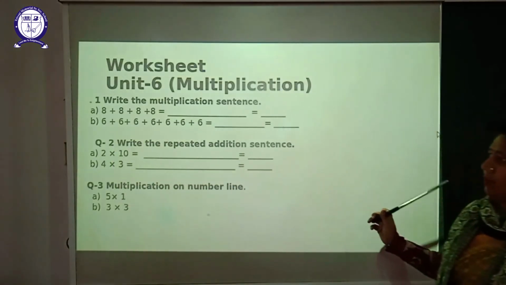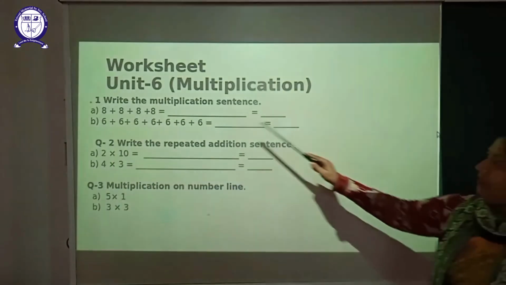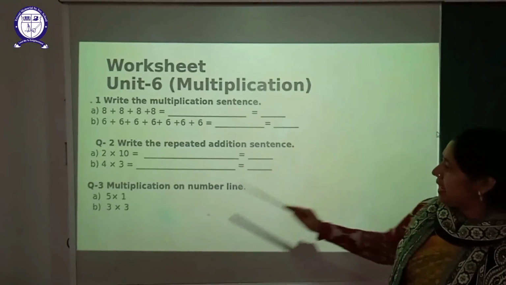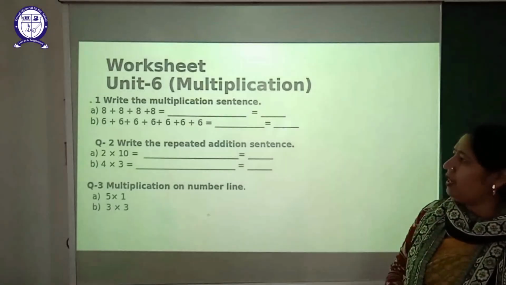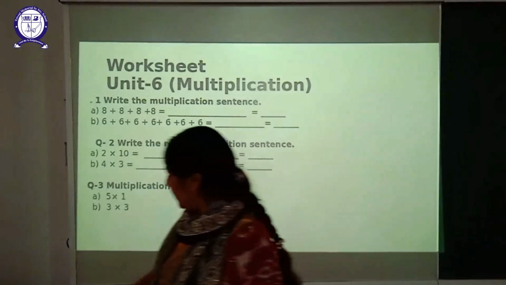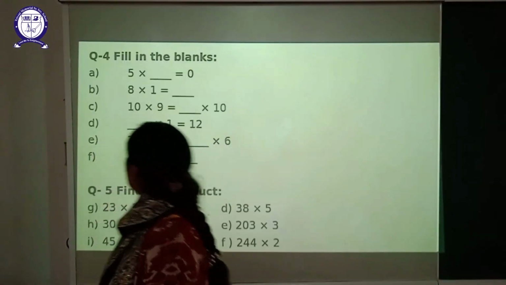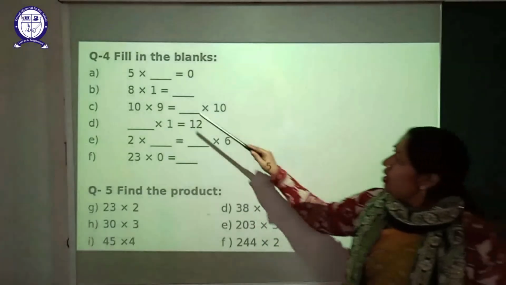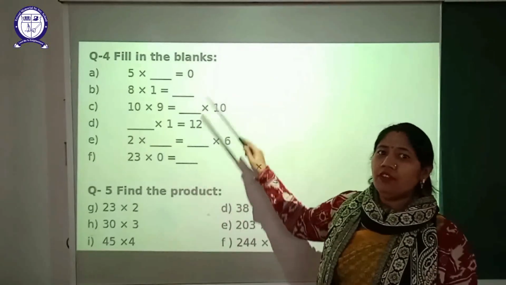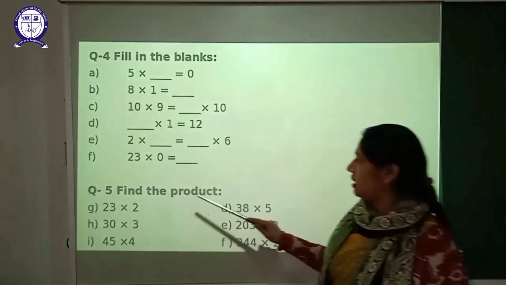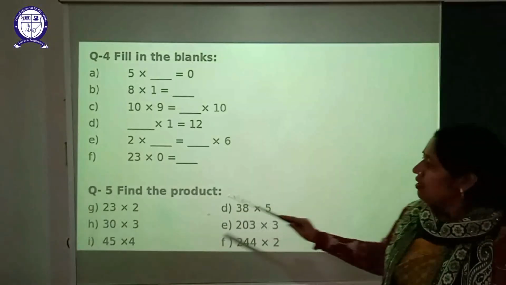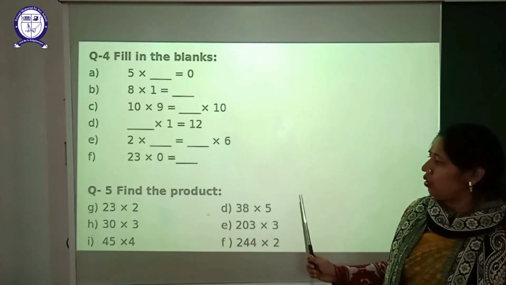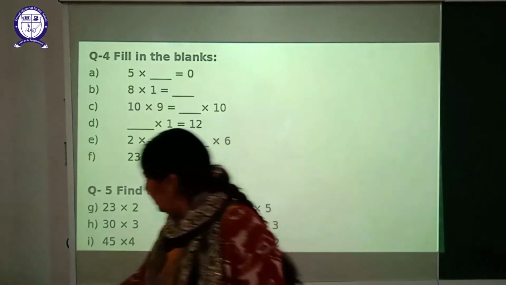Okay student, I have given the worksheet for you. Look here, beta. Okay, you have to write here the multiplication sentence, repeated addition sentence and multiplication on number line. Next, beta, fill in the blanks. These fill in the blanks are on the properties of multiplication. And these are where you have to find the product. Firstly you have to do these sums in the column, after that we have to solve them. And the last, beta,